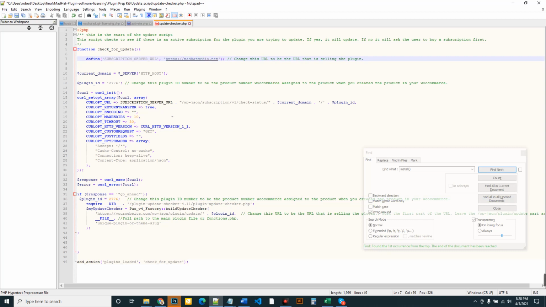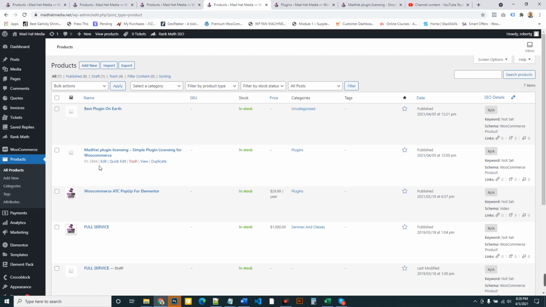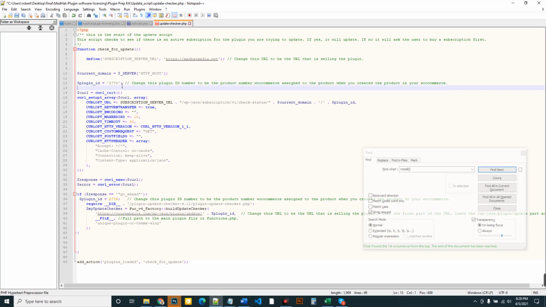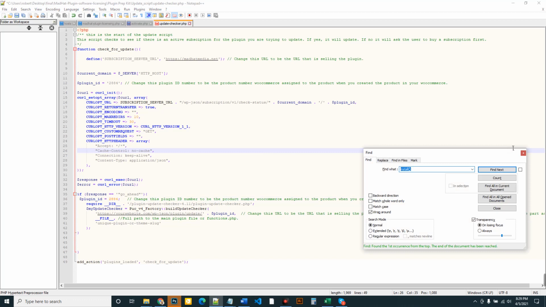madhatmedia.net. Okay, I need to change my product ID number to be the product ID. We are going with 2884, right here. So 2884. Change it again down here. 2884. Okay, and one of the things you really need to pay attention to here,